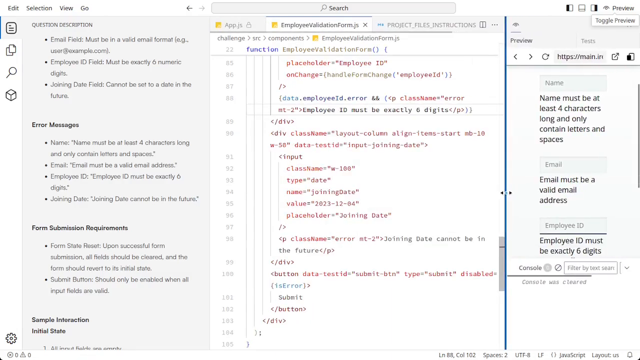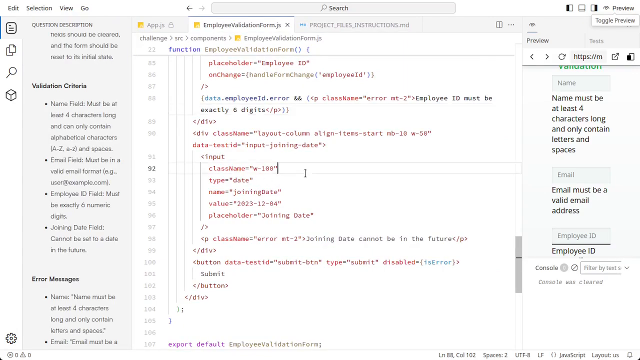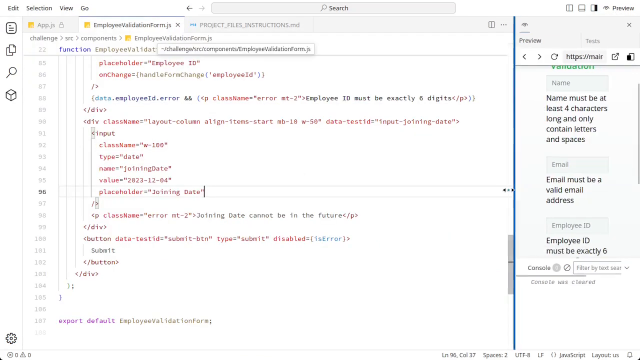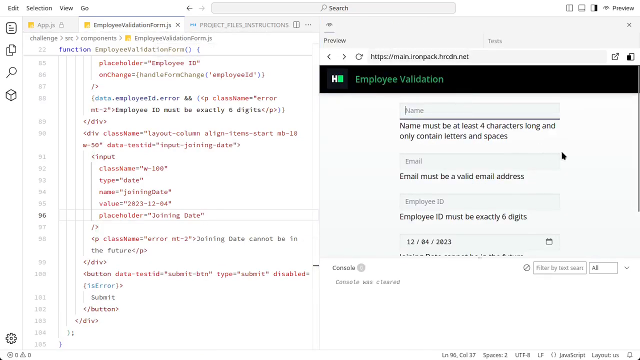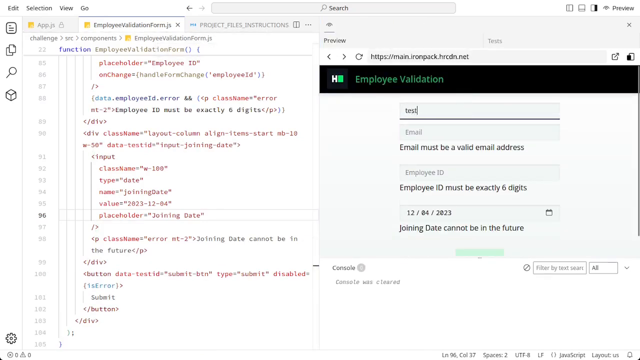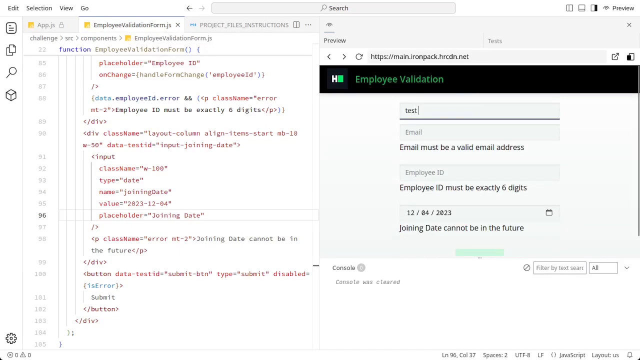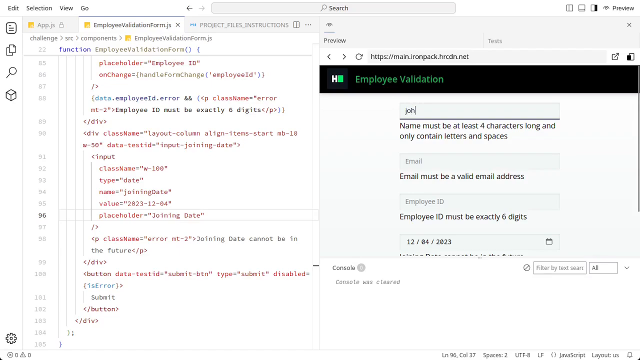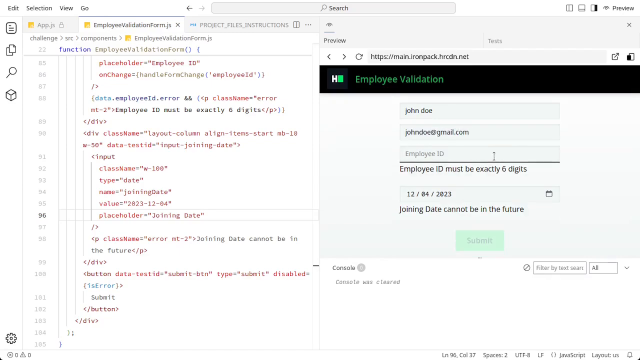Let's enlarge this part, make our workspace bigger. Okay, so let's test them out. Test every input. See the name. Test only contain letters and space. Johndoe must be valid email address. johndoe@gmail.com. And for the employee ID,